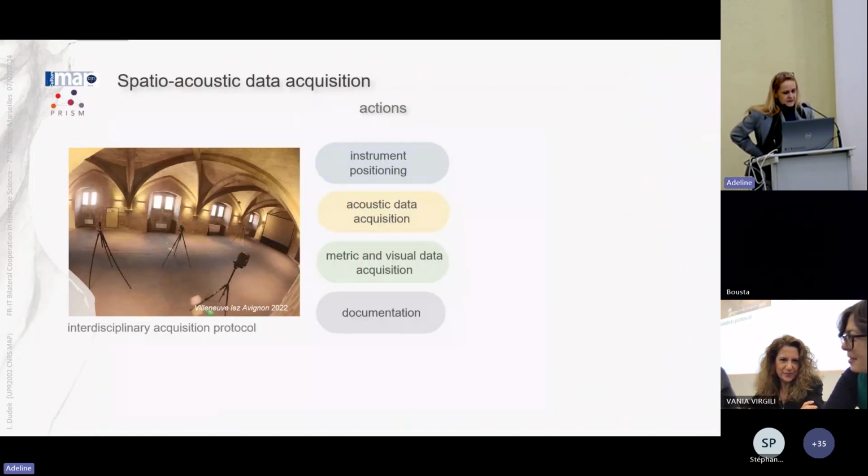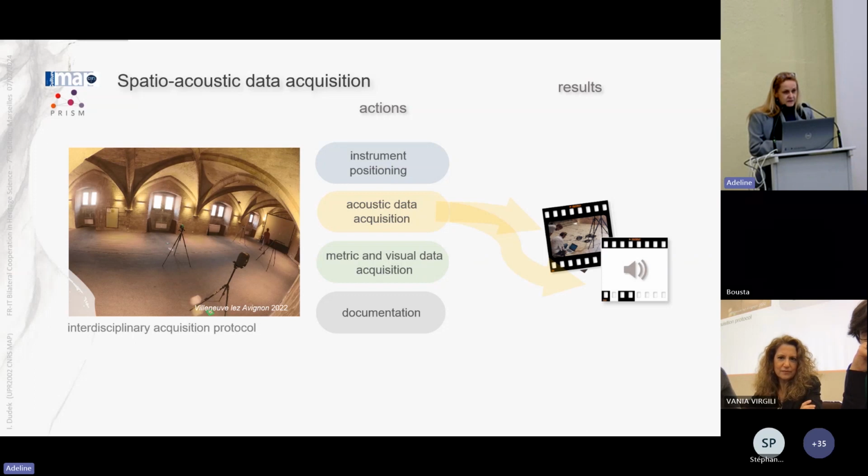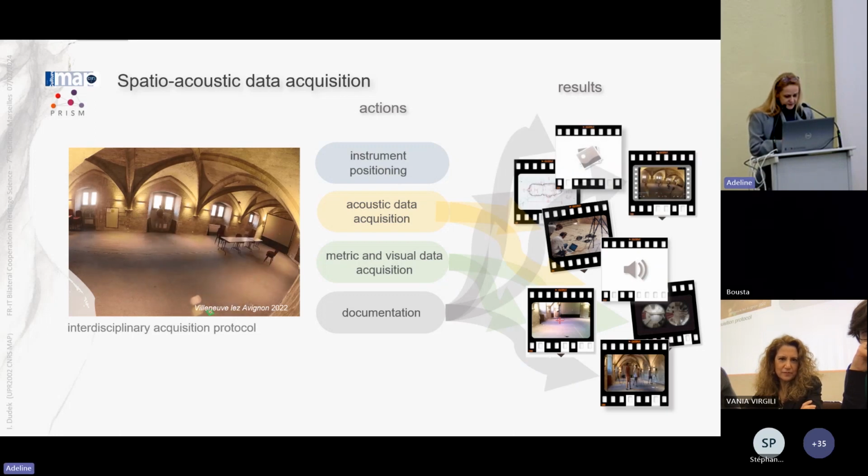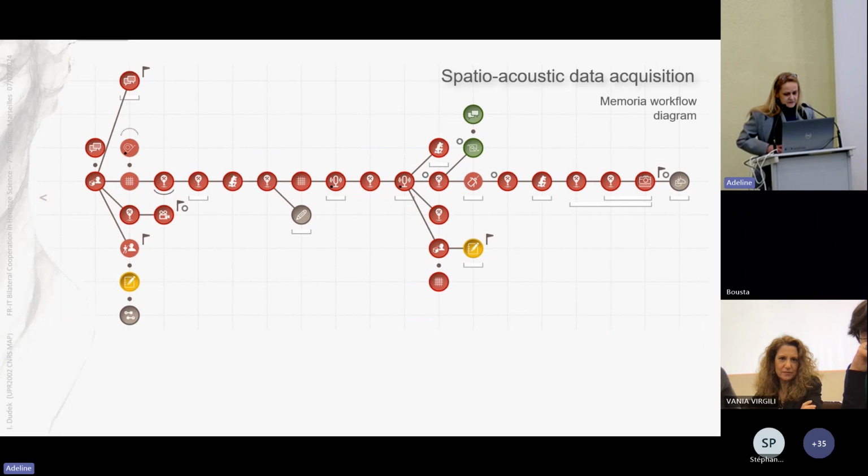What you see here is one single interdisciplinary acquisition protocol made of numerous actions, including instrument positioning, acoustic data acquisition, metric and visual acquisition, and of course, documentation. These actions may be expressed in the form of a memorial workflow diagram that can be used to fix the order of sequences, activities corresponding to different phases, for example, instrument positioning,